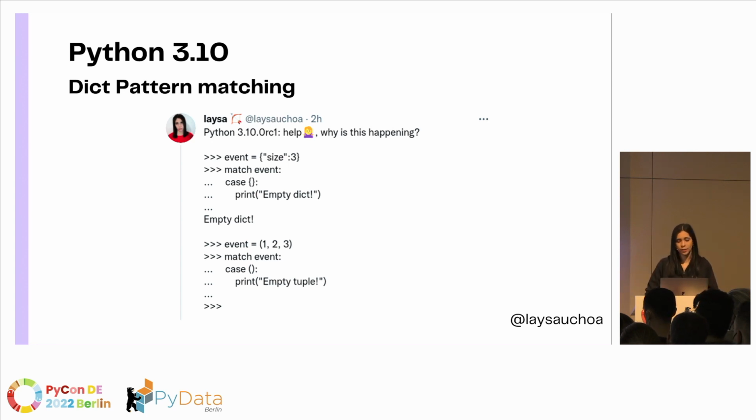And the reason is that dictionaries and classes, in that sense, work a bit differently with pattern matching. So actually, with a tuple, you cannot match, but yes, with dictionaries. Why? Because behind the scenes, the first check that is done is: is it an instance of a dictionary? It is. So we will already have one case here. That's why it matches with the empty dictionary.